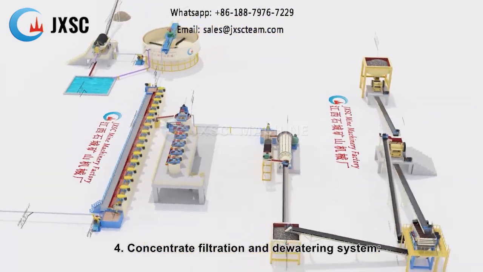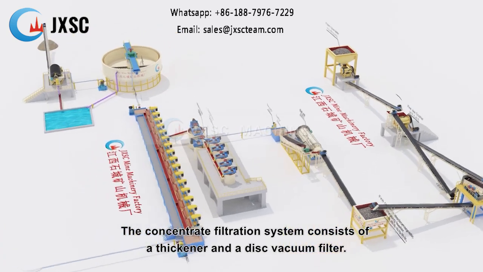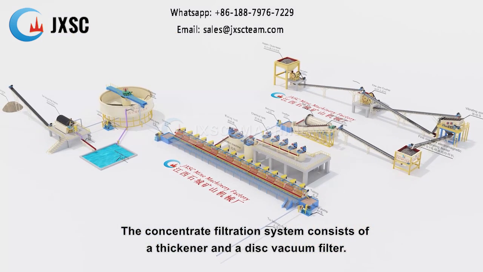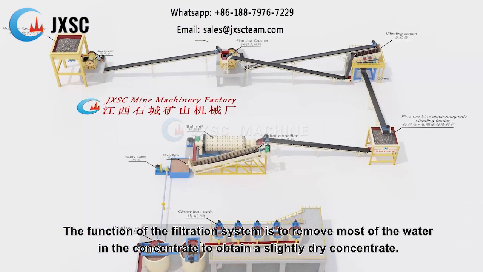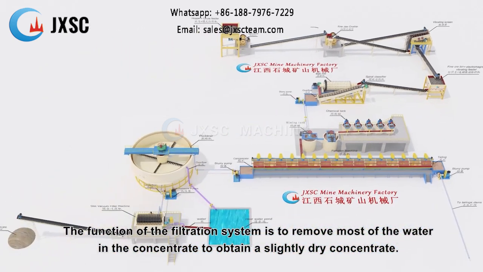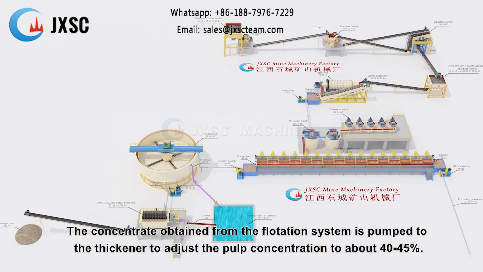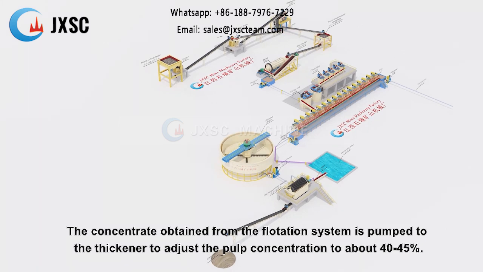4. Concentrate filtration and dewatering system. The concentrate filtration system consists of a thickener and a disc vacuum filter. The function of the filtration system is to remove most of the water in the concentrate to obtain a slightly dry concentrate. The concentrate obtained from the flotation system is pumped to the thickener to adjust the pulp concentration to